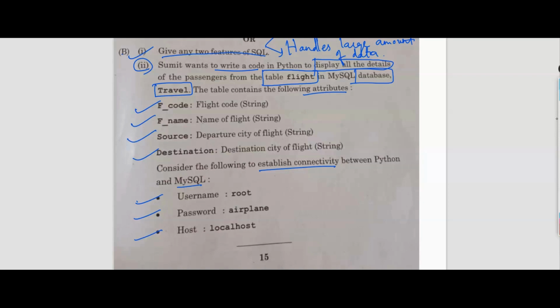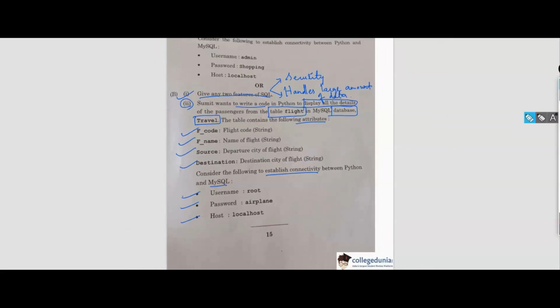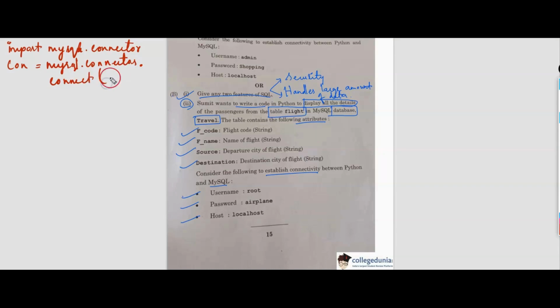Let us write the program in detail now, very quickly. First of all, you should import mysql.connector. After that, you should create the connection object con by using the mysql.connector which we have imported now, then keep a dot and open the connect function. Under the connect function we are going to write the parameters such as host, username and password plus database as given in the previous question.